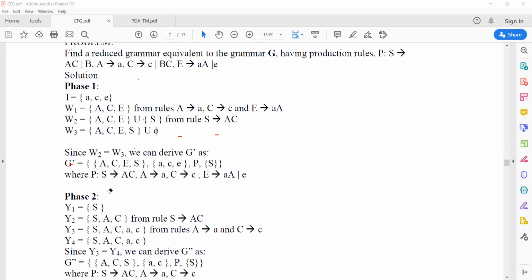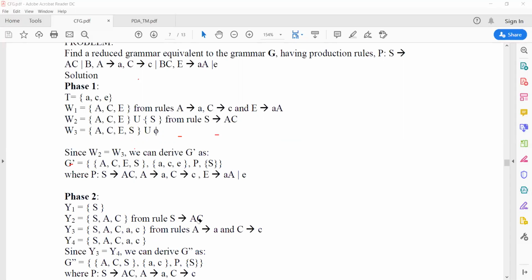Now let's see. Initially Y1 starts with the starting symbol. Okay, fine, Y1. And to do this, what is the production rule you have? S produces AC. So in Y2, from the production rule S produces AC, you include it, because S can produce a sentential form by using only S produces AC.